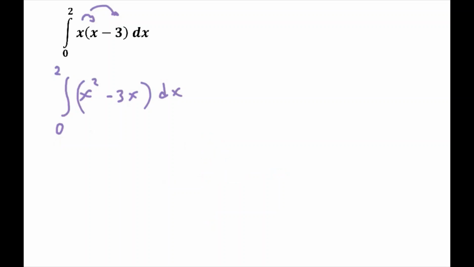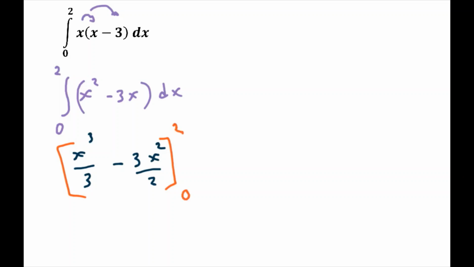I'm going to find the antiderivative for x squared, which is going to be x to the power of 3 over 3, minus the integration of 3x, which will be 3x to the power of 2 over 2. And I will find the definite integral from 0 to 2. So remember, it's F(b) minus F(a). So I'm going to substitute first 2 in these two functions and then subtract F(0). So it will be